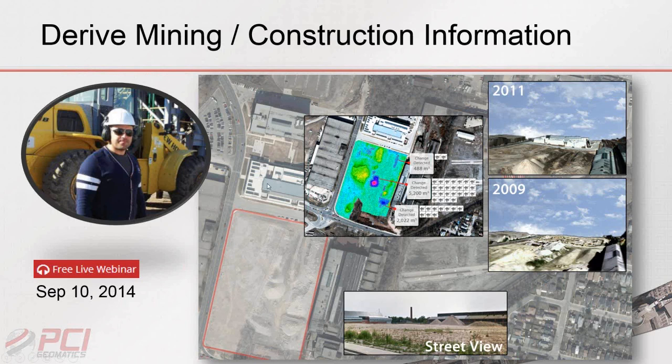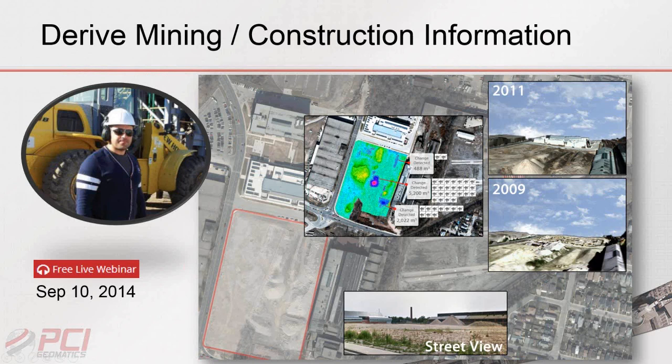This location here is where the new building has been put in, and this is the lot that's adjacent to that building, where we've seen changes in the debris that's been put into that field. And maybe in terms of construction management, we need to measure the volume of some of this debris that's being put in. This could be very valuable fill material or gravel, etc. And so using remote sensing information, we can actually measure the volume of these different materials that are deposited on the